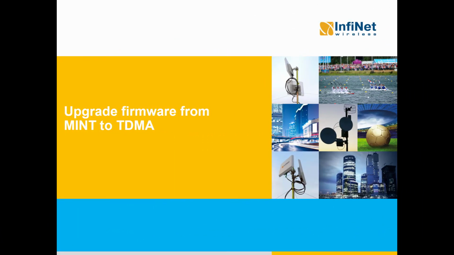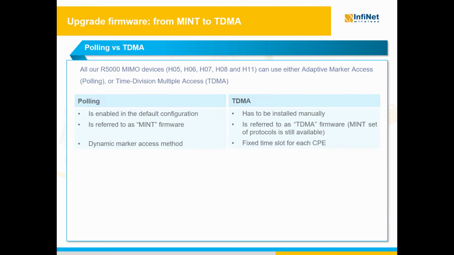Hello everyone, in this video I will show you how to switch from the Mint to the TDMA based firmware in an InfiNet wireless point-to-multipoint setup. First, I want to mention that all the MIMO devices of our R5000 product family, namely from H05 to H08